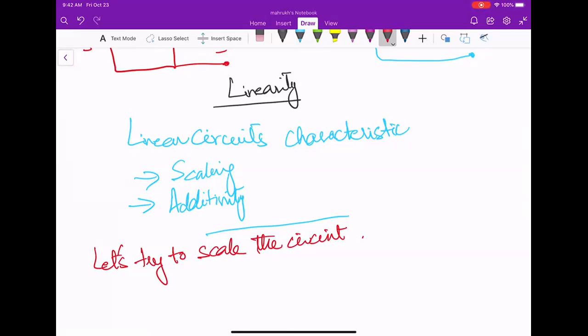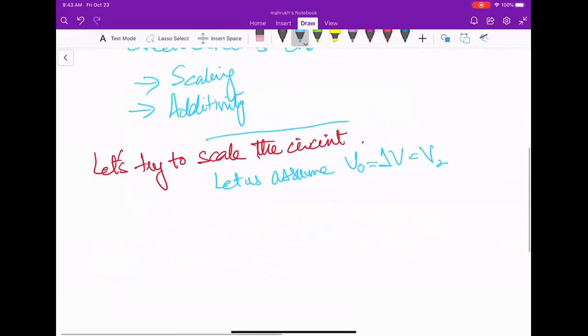For scaling the circuit, I'm assuming V naught is equal to 1 volt. It may or may not be equal to 1 volt, but here I am just assuming that V out or V naught is 1 volt. Okay. So the circuit here is